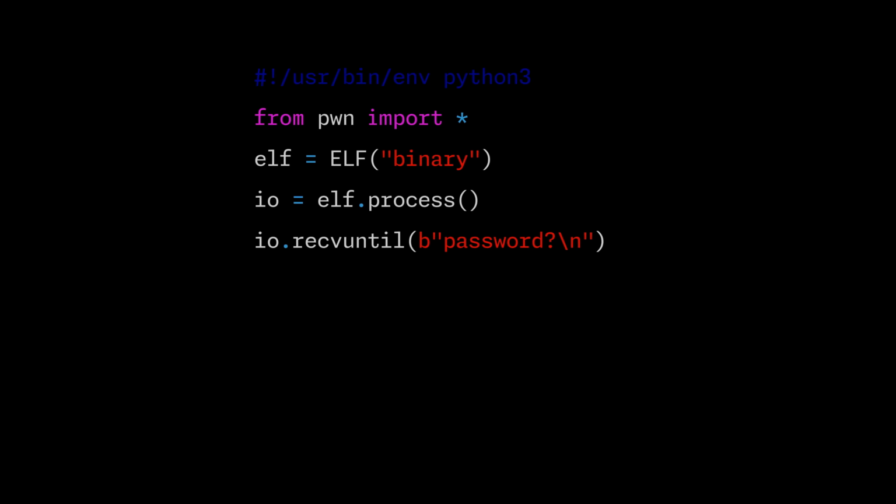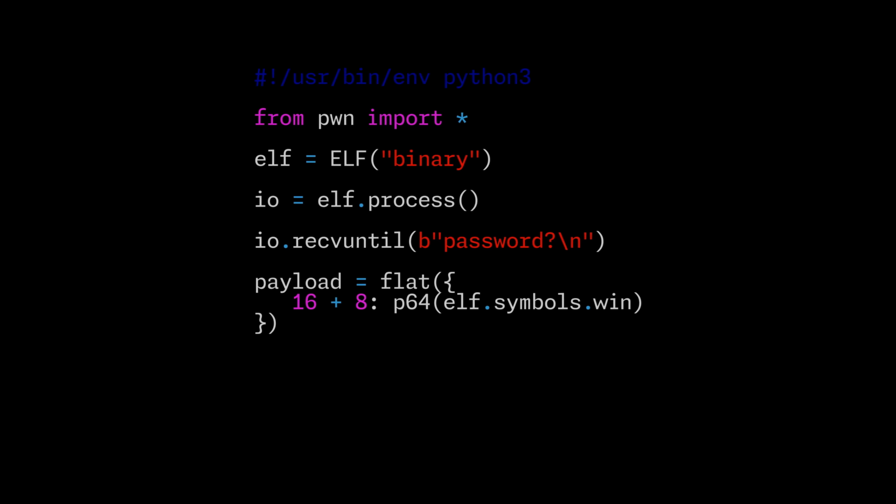We want to overwrite the return or the instruction pointer. So we're going to make a payload. What the flat function does is it basically just lets you say at this point in the input, put this value. Otherwise, it just fills it with garbage. What we're saying is the buffer that is 16 bytes long is the only variable we have. And then there's 8 more bytes to get past the base pointer, the RBP that we talked about. And now we're at the instruction pointer, right? It's just going to put in a bunch of A's until we get there. What we're going to put there